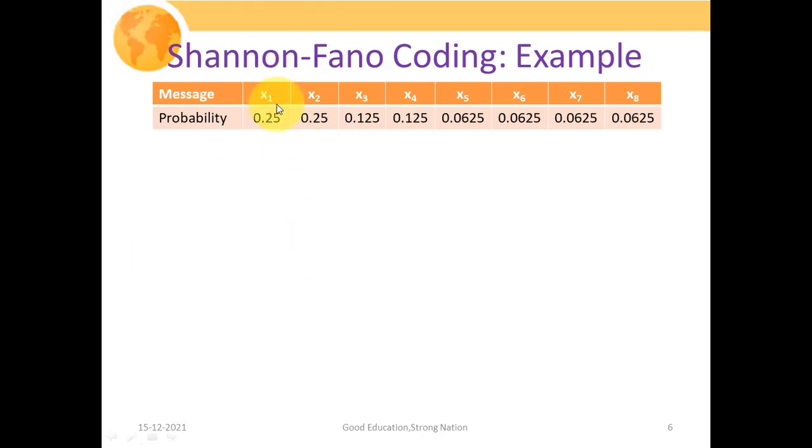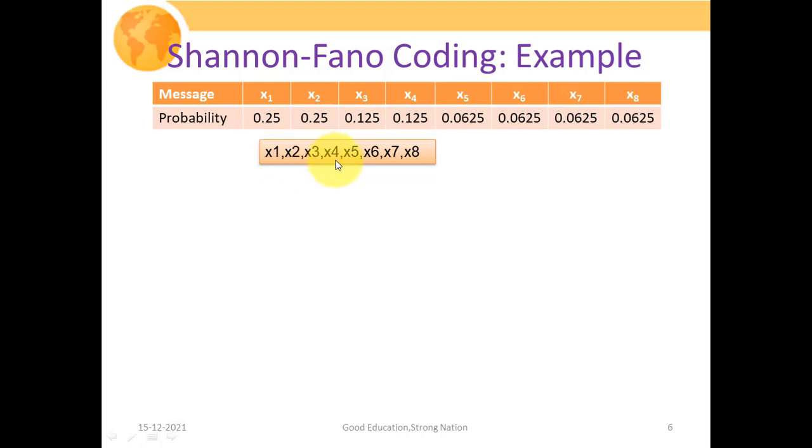That is, for generating the x1 symbol, the probability is 0.5. Similarly, for the generation of the x2 symbol, the probability is 0.25, and similarly for x8 the probability of generation is 0.0625. Now in our first step, what we have to do is arrange them in descending order, or you could say the highest probability will come first and the least probability will come last. If you closely observe, in this particular question we already have this hierarchy order.